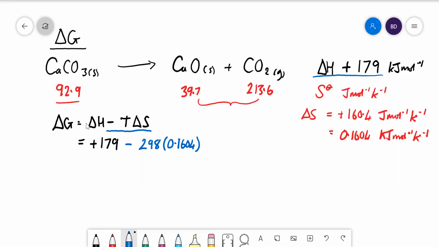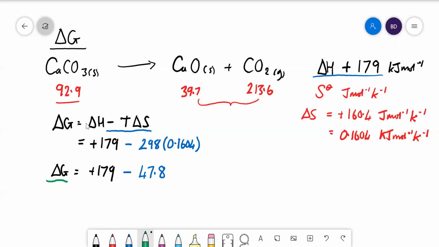Okay, right, so I'm going to put that there. Delta G is equal to, I'll do that in black, I'll tell you why in a minute, minus 47.8. Right, so we can see, unfortunately, if you want the reaction to happen, it's not going to happen because